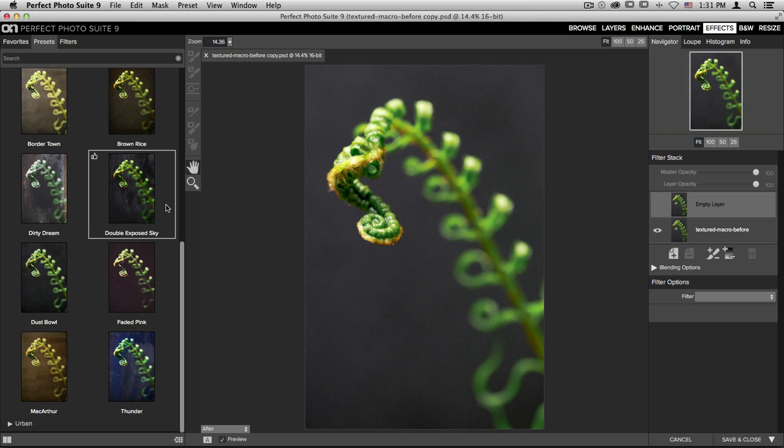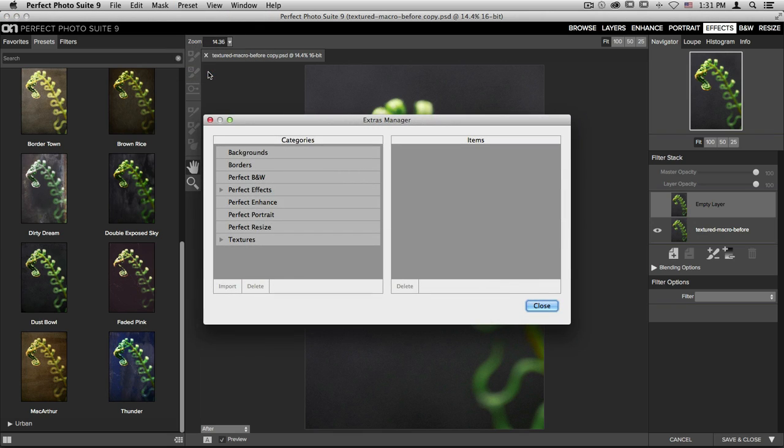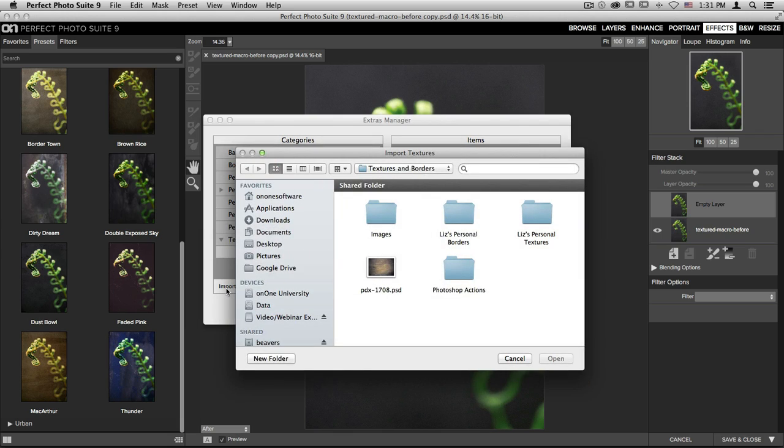If you want to import your own textures, you can do that by going up to the Preset drop-down menu and choosing Manage Extras. Inside this dialog box, you'll see on the left-hand side that there are backgrounds, borders, and textures, all of which you can import your own photos to include in those categories. I'm going to select the Textures category, and you'll notice that I've already created a folder called Liz's Textures. It doesn't have anything in there yet on the right-hand side, so we need to click the Import button to